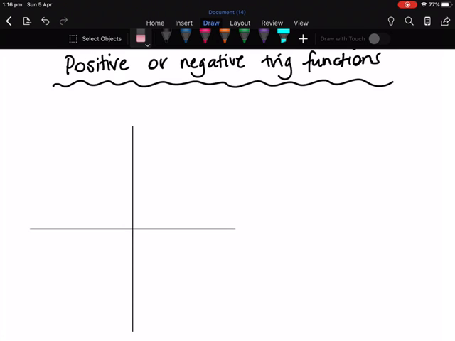Hello, so we're looking at the positive or negative nature of trig functions. All right, so we have here our Cartesian plane and we can label the axes. We've got our x-axis along here and our y-axis here. Now we can also name the four quadrants. So this is our first quadrant, this is our second quadrant, this is our third quadrant, and this is our